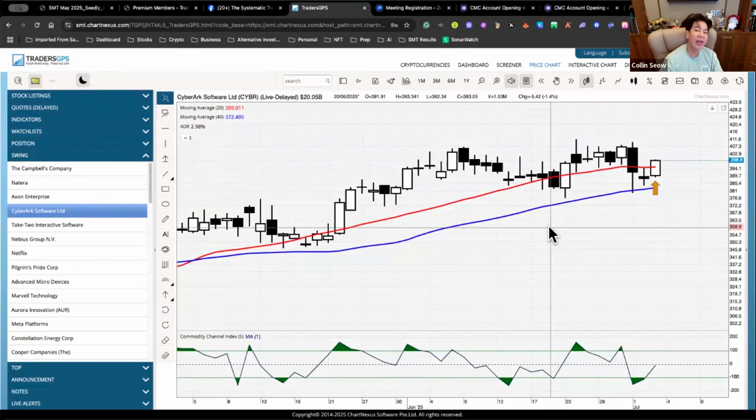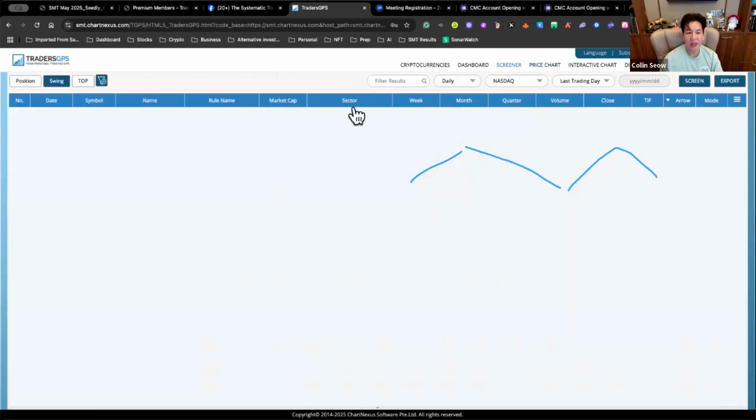A is prettier. Why is A prettier? C is not as pretty because there is no higher high, correct or not? The high is about the same. Got it? Okay, let's look at